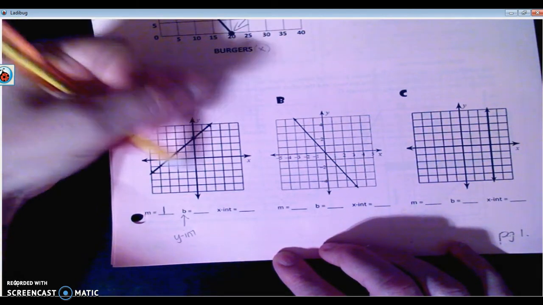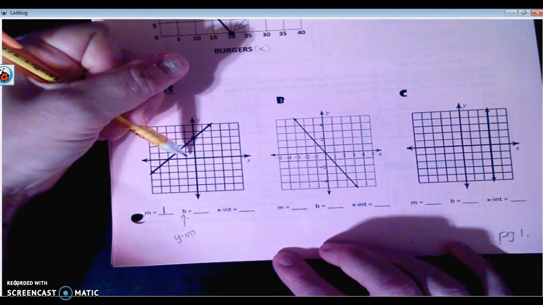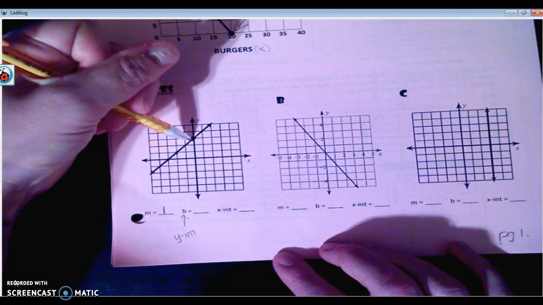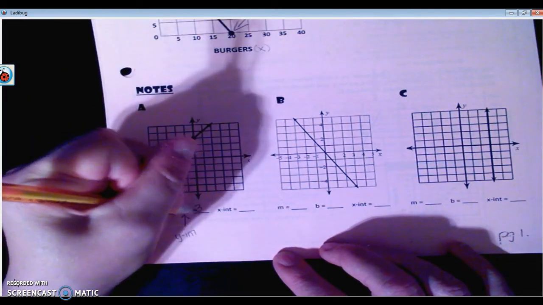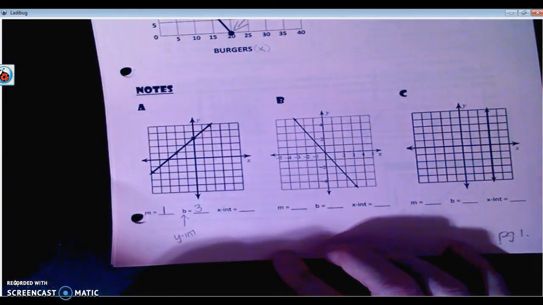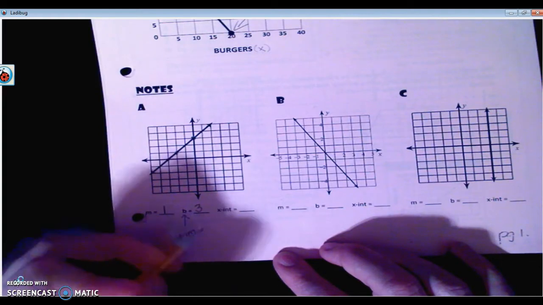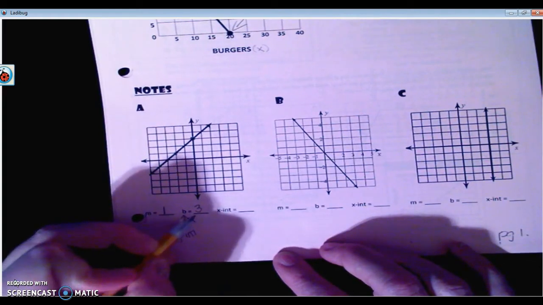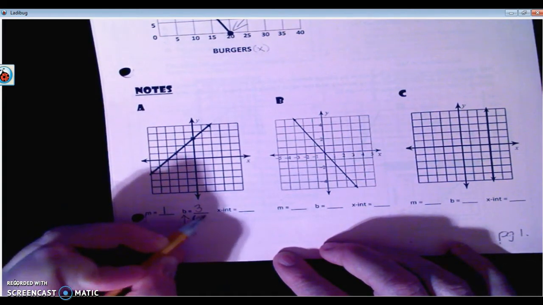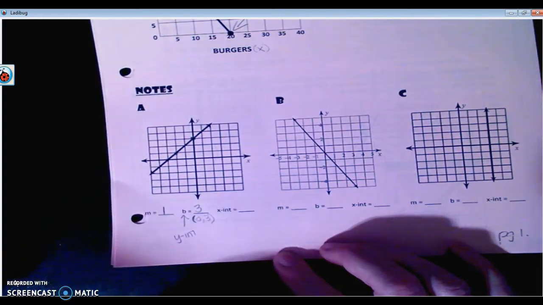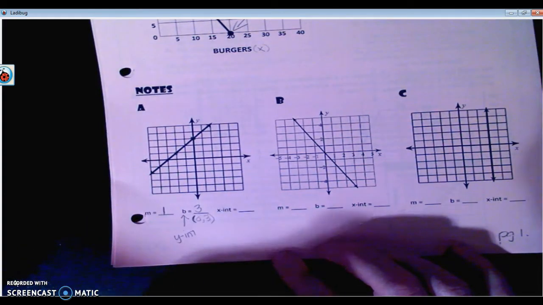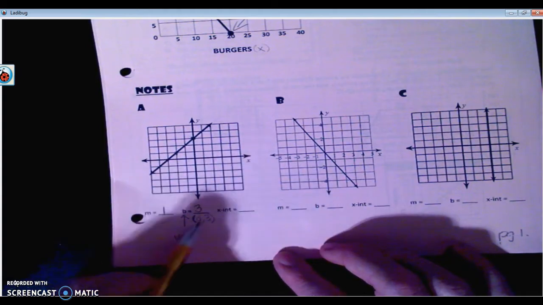Now I'm assuming that we're counting by ones because it's not labeled, so it's okay to assume that here. So my y-intercept is 3. We can just write it as 3, and to also be aware that that means (0, 3). The y-intercept, by definition, means that our x is 0,